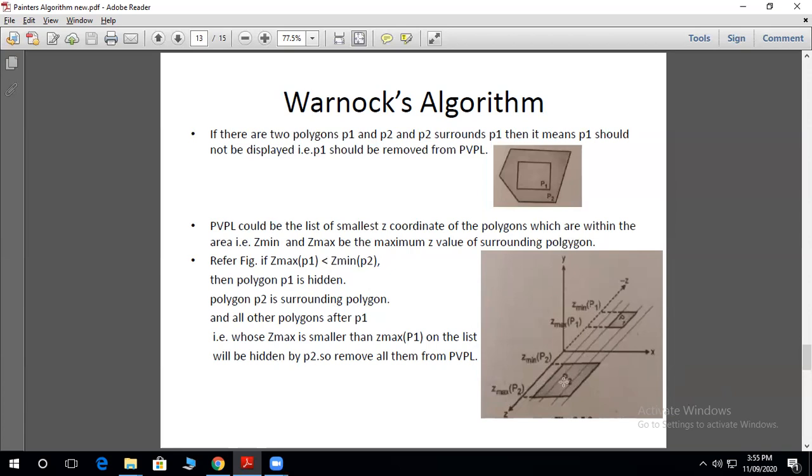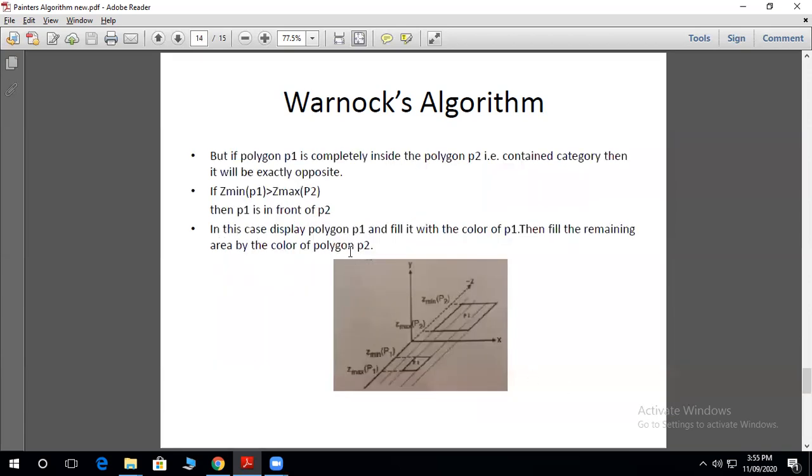Now, if we have a reverse case, where the polygon P1 is completely inside the polygon P2, this is the P2, and this is the P1. If polygon P1 is completely inside the polygon P2, that is the content category, then it will be exactly opposite.